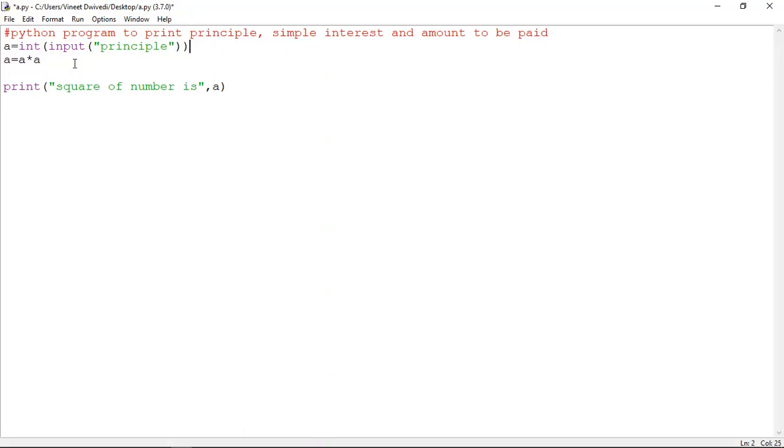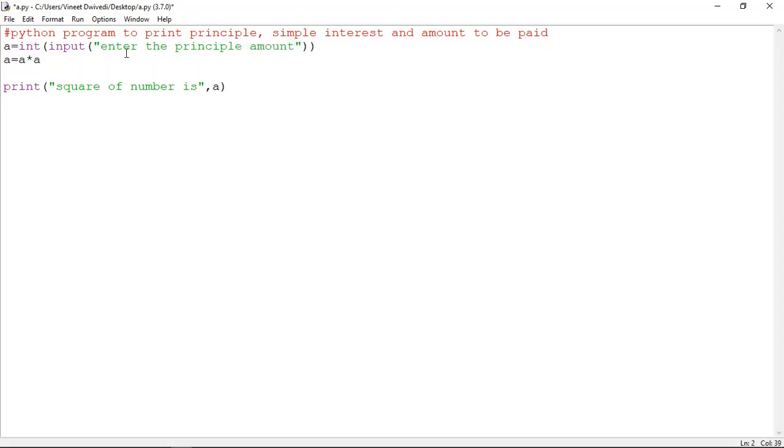The keywords which you are using in Python should have the correct spelling, and the messages which you are writing here in the double quotes are to be printed as they are. So it will not create any problems if there are spelling mistakes, so don't worry about that. Int input, enter the principal amount, okay, enter the principal amount,